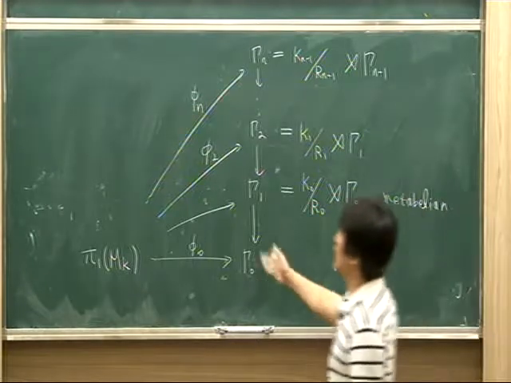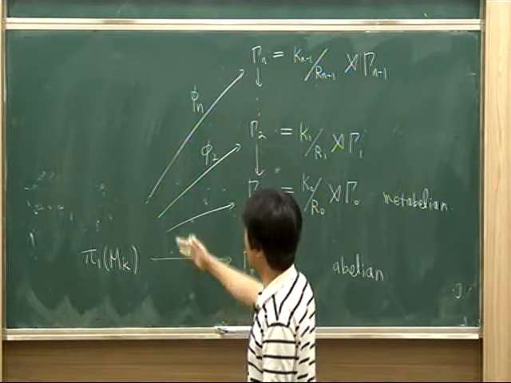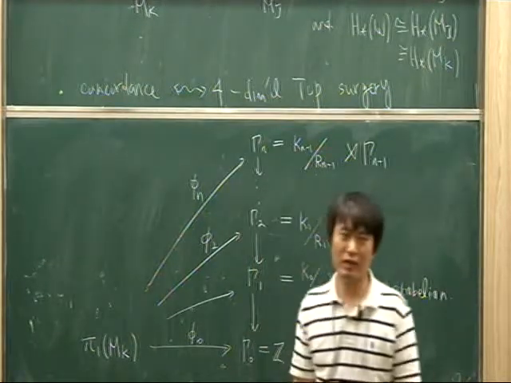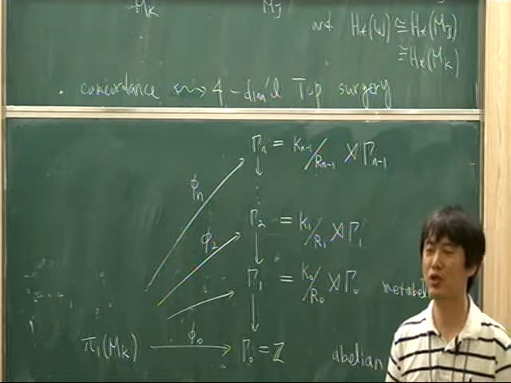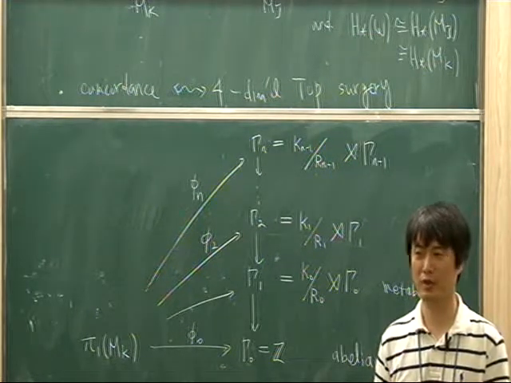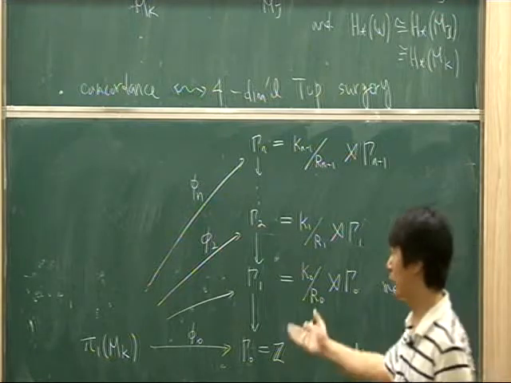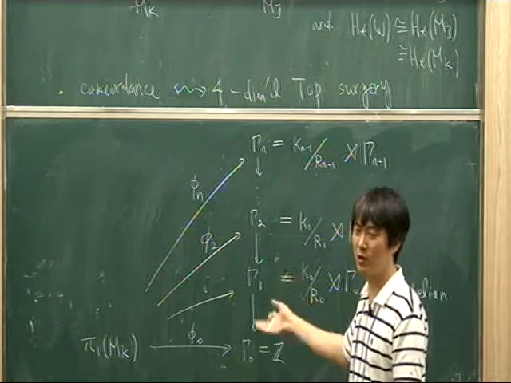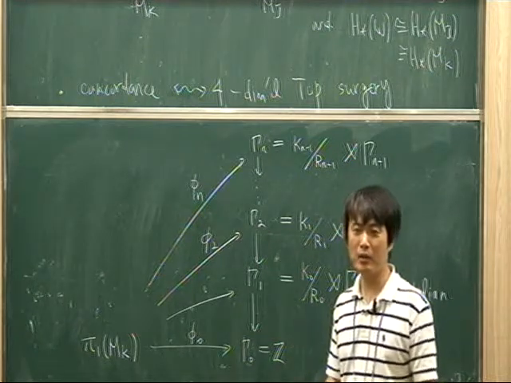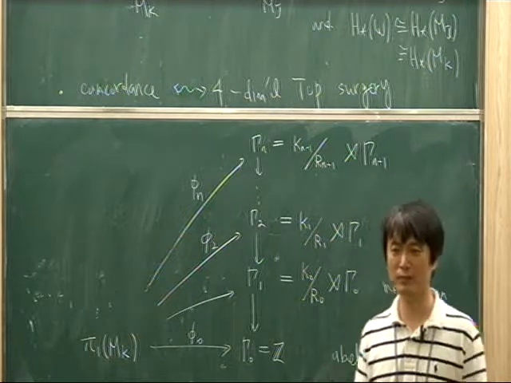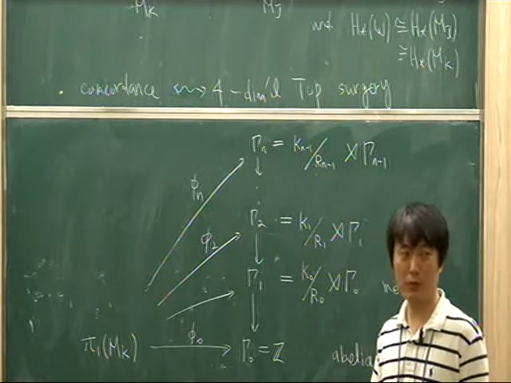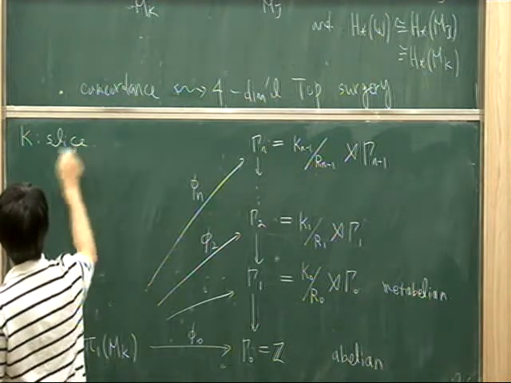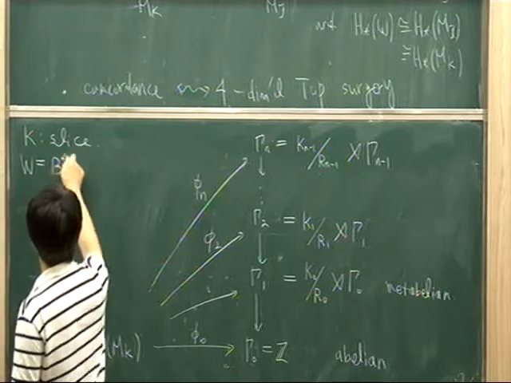So they defined these target groups and constructed these representations, but the problem is that we are studying concordance, which involves 4 manifolds. If you are studying just 3 manifolds, this is okay. We have covers, and you can just take information from these covers for the given 3 manifold. But concordance is a relation related to 4 manifolds. So for instance, if K is slice and W is the slice disk complement,